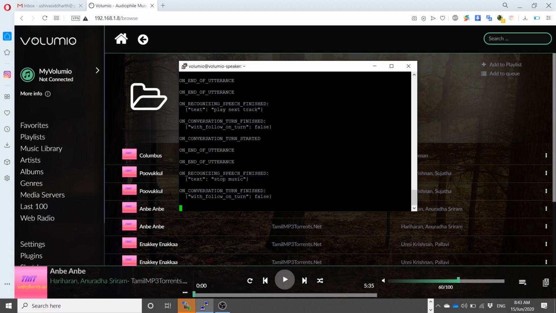So as of now, you can control the music playback, pause, stop, resume, and then you can change the speaker volumes. You can switch between tracks. Okay, so based on the traction this project gets, I may add some more features like shuffling and playing back music based on artist, etc.